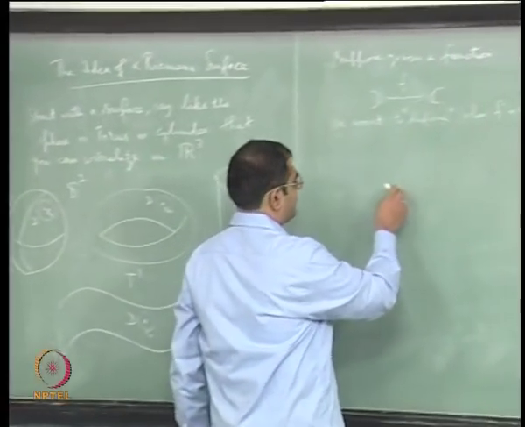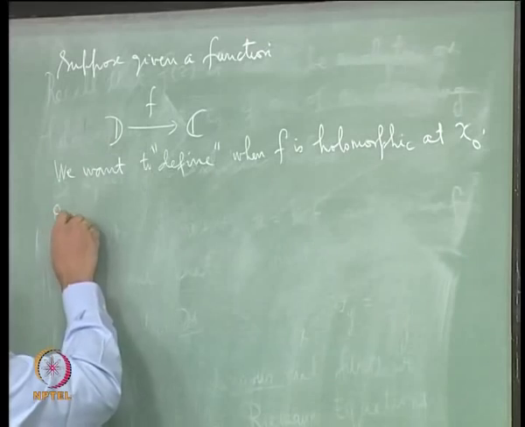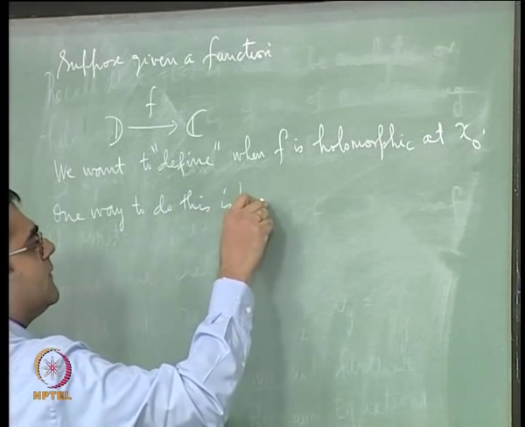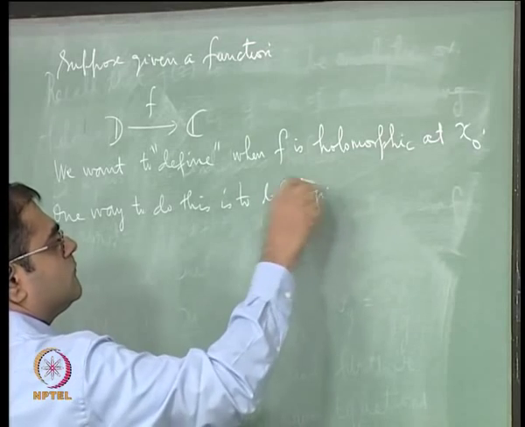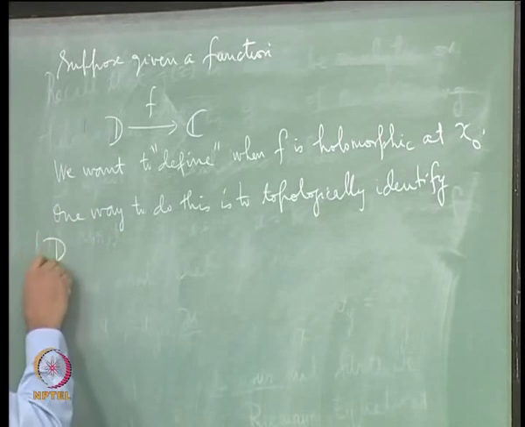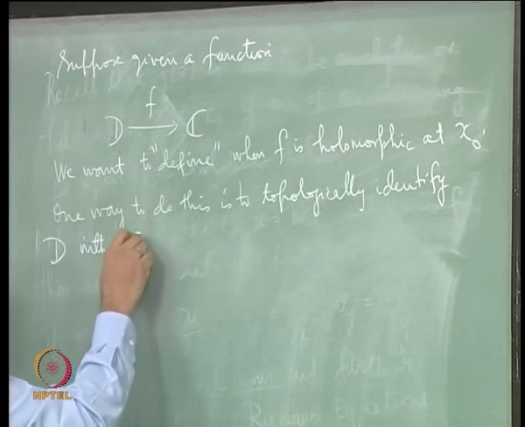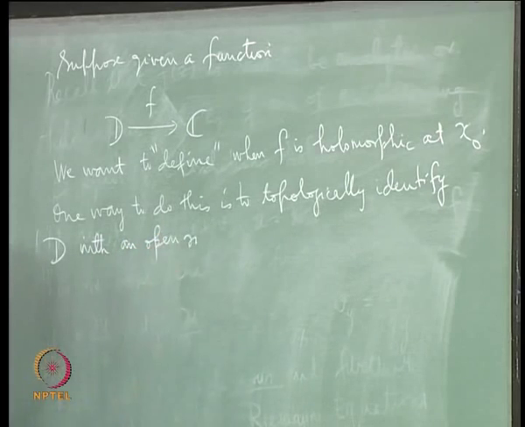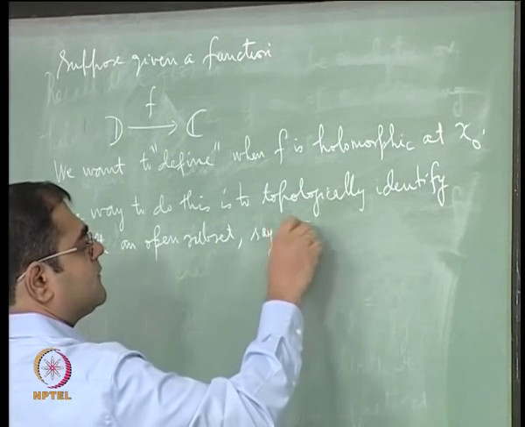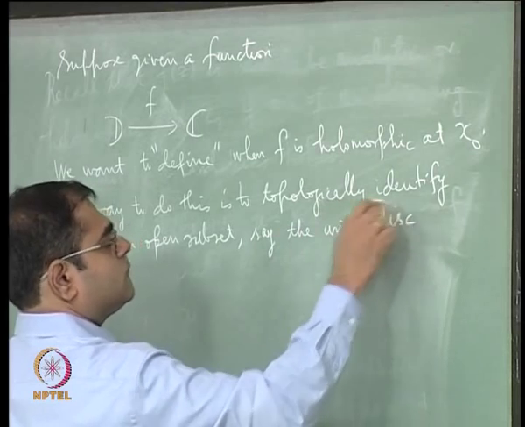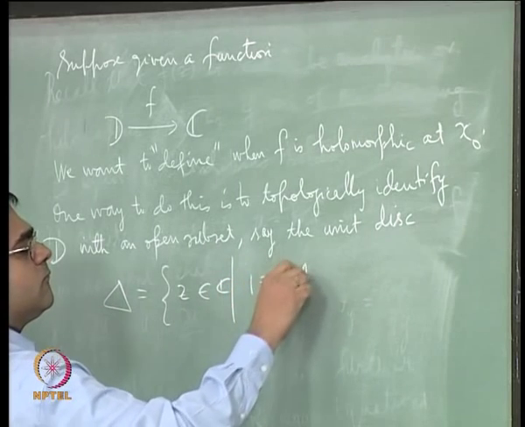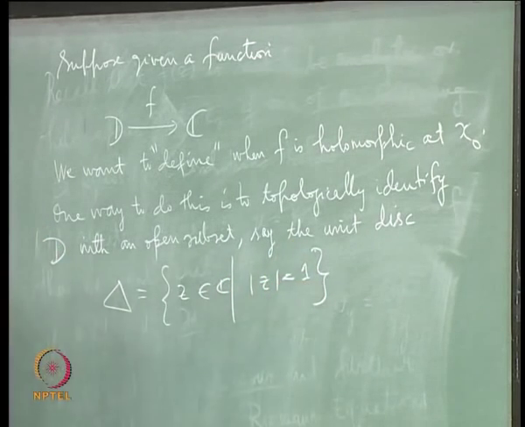One way to do this is to identify D with an open subset, say the unit disk delta, namely the set of all complex numbers with modulus less than 1. This is the open unit disk,